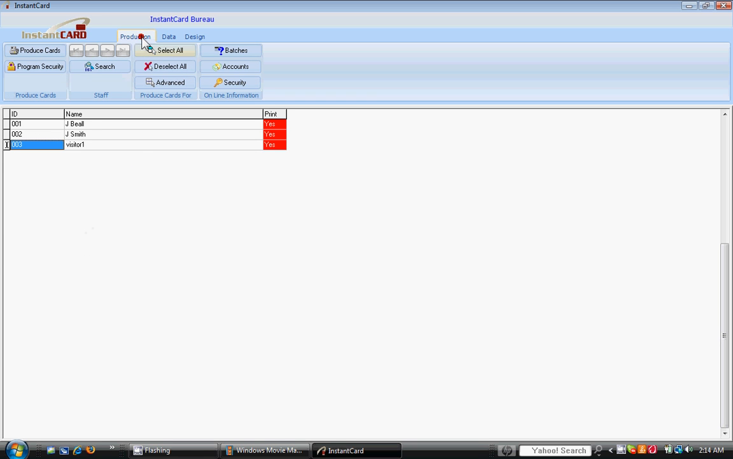If you go to the production tab, you'll be able to see the list of the badges that you've made. You can choose which ones you want to print. I don't want to print the visitor badge, so I'm just going to change that yes to a no, and I just want to print these 2 cards. So I'm going to click produce cards,